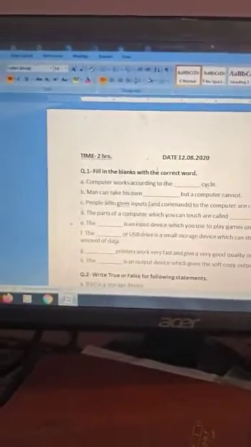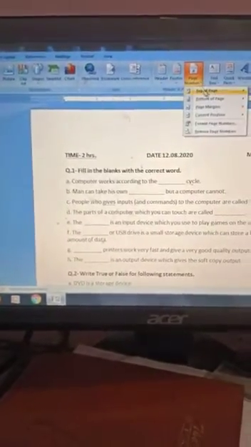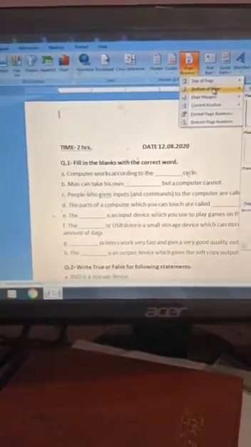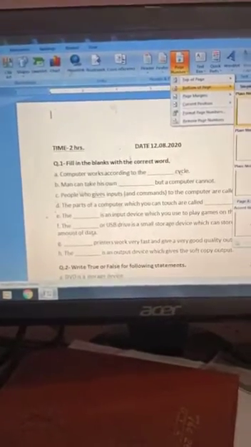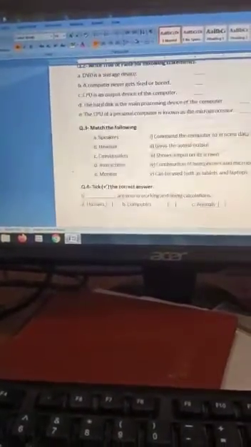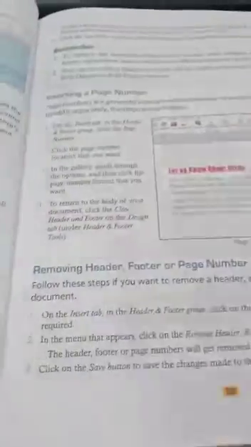How we can insert a page number, that is also very easy. To insert a page number, you have to go on the insert tab, header and footer, there is a page number. Okay, top of the page, bottom of the page, current position, wherever you want that page number. If you want bottom of the page, in bottom of the page there is the left side, middle, and the right side, whatever. If you want the right side, then click here and look here, here a page number appears, page number 1, page number 2 is there. Okay, so that is the page number, how we can insert a page number. And I also told you how you can remove a header and footer.